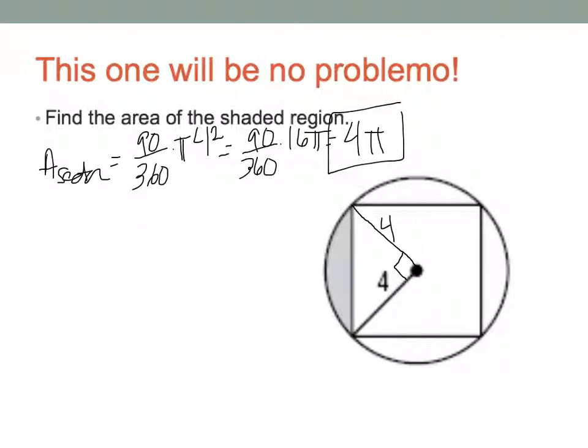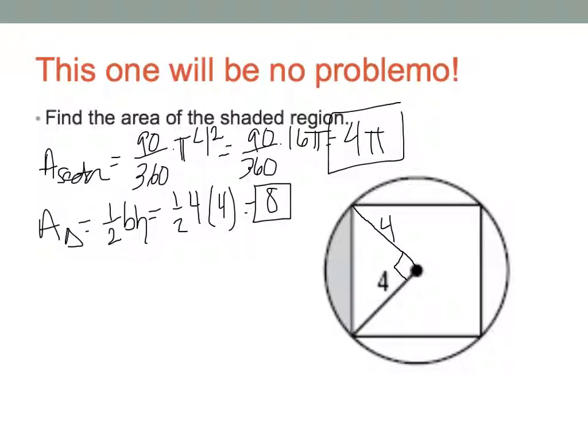Now I'm going to try and subtract out the area of my triangle. Area formula for the triangle is 1/2 base times height. 1/2, the base is 4. The height of the triangle is also 4. And so when I simplify that, I get 8. So the way to find the area of the segment region here is to take the area of the sector, which is 4 pi, and